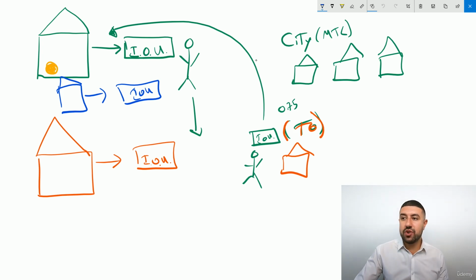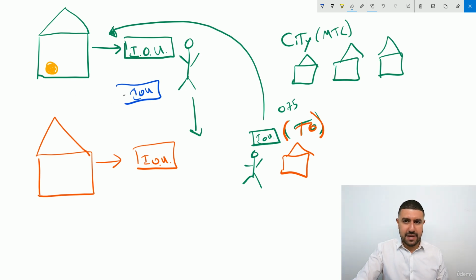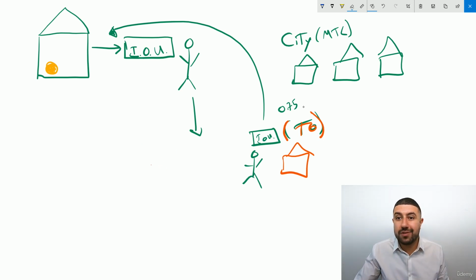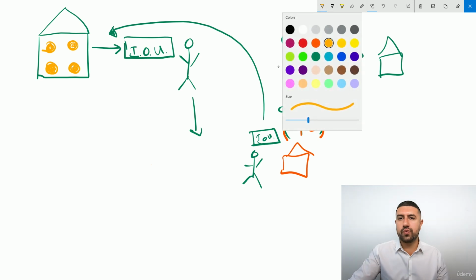Now, a problem that started happening is that these banks were not really great. Anybody could open their bank if they had the capital, so a bank could go belly up anytime and then your IOUs are worthless, right? So what these banks started doing is, let's say this bank here had 4 coins, okay? And it issued 4 IOUs for them.